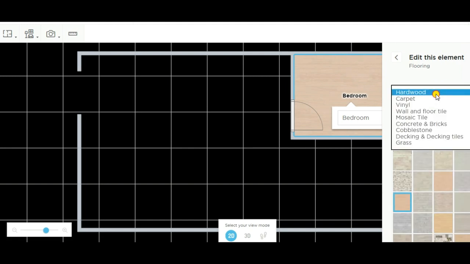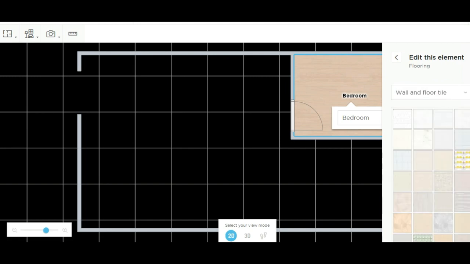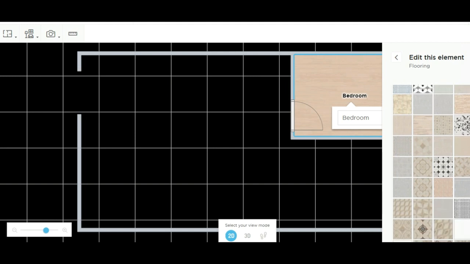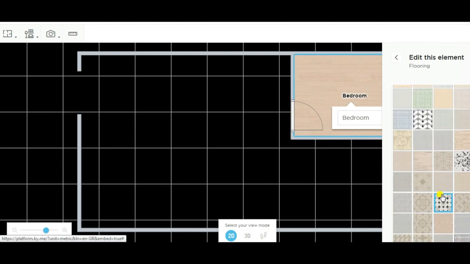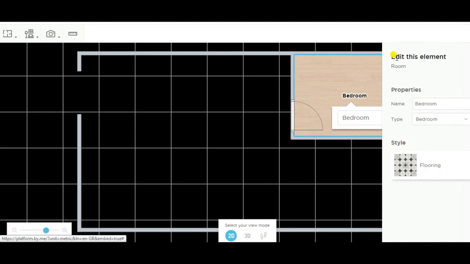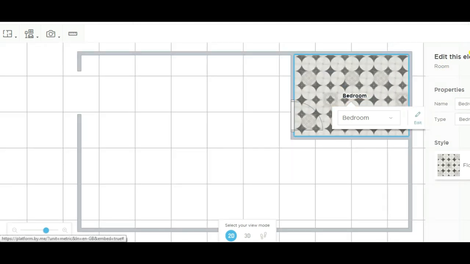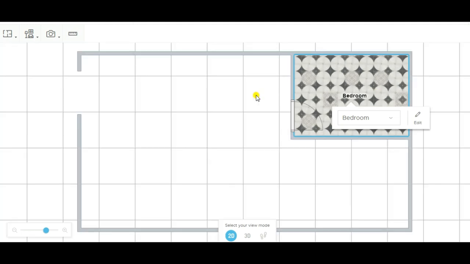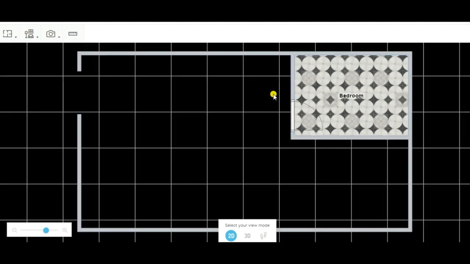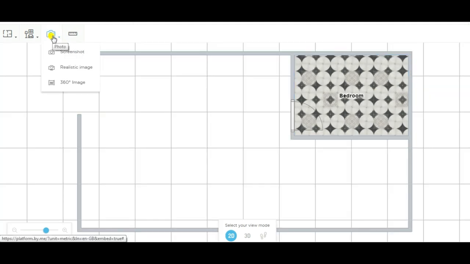The flooring, which type of flooring you need. I need the wall and the floor. So there are lots of designs you can select from. After selecting, it will change like this. It's looking very beautiful. You have more options to do in the bedroom, like you can take the snapshot also,